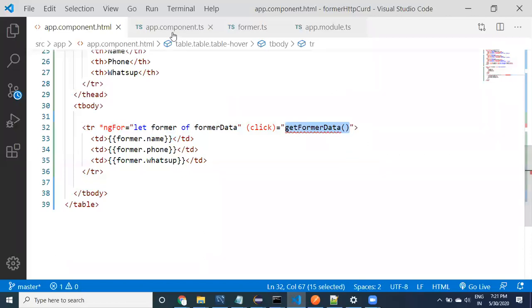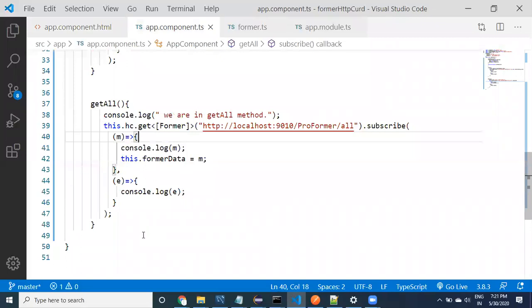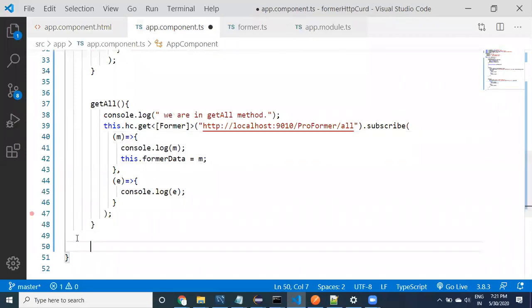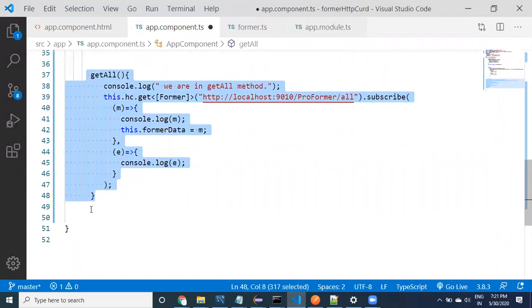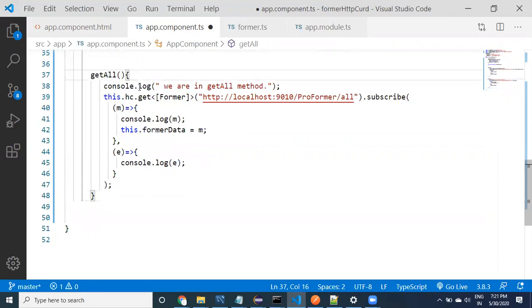Let us go to the component TS, and within the class, this is the class ending, right? Don't write a method inside another method. Don't write this method inside get all. This is the ending. Check it while writing the code. This is the starting and this is the ending.